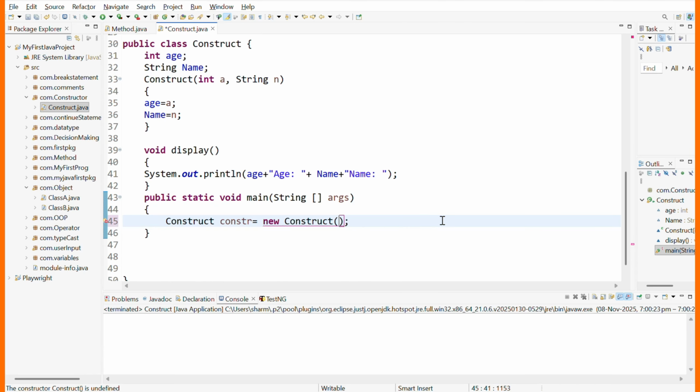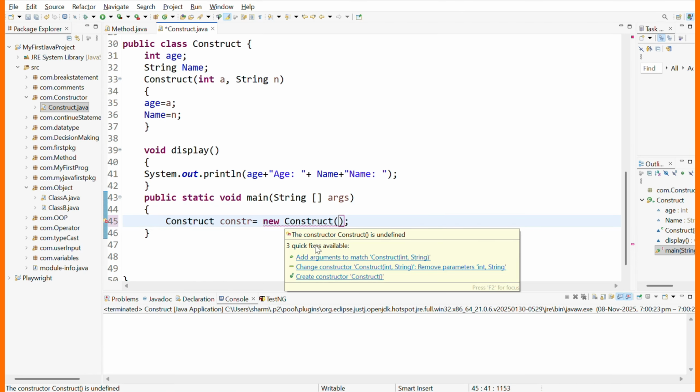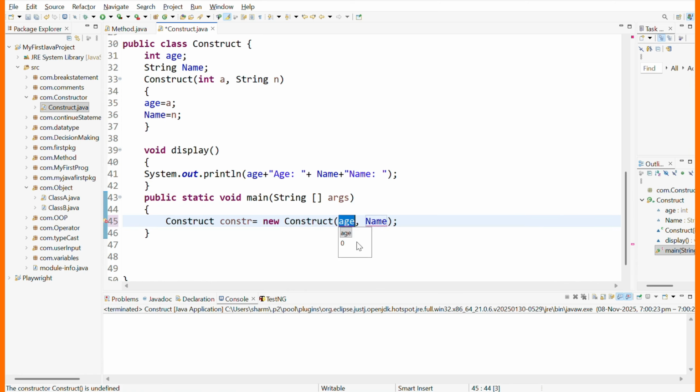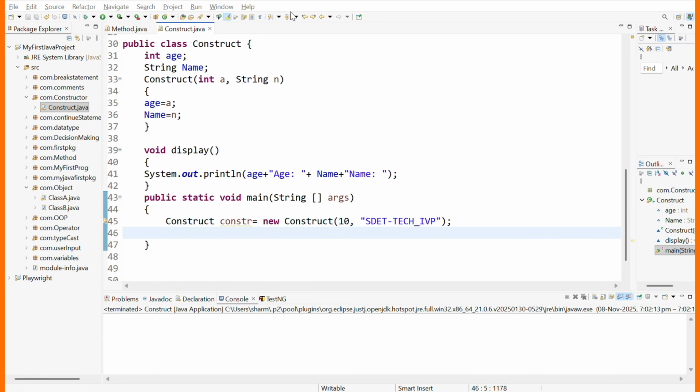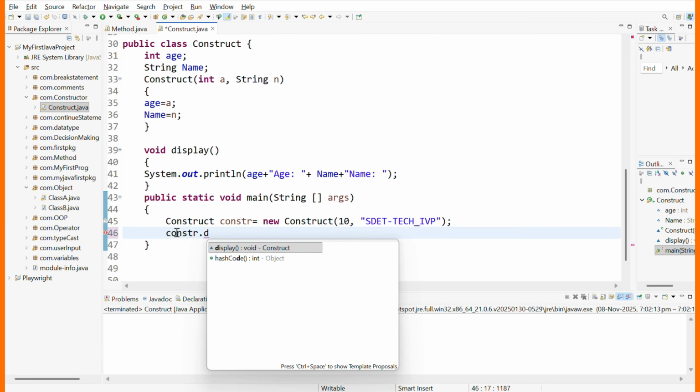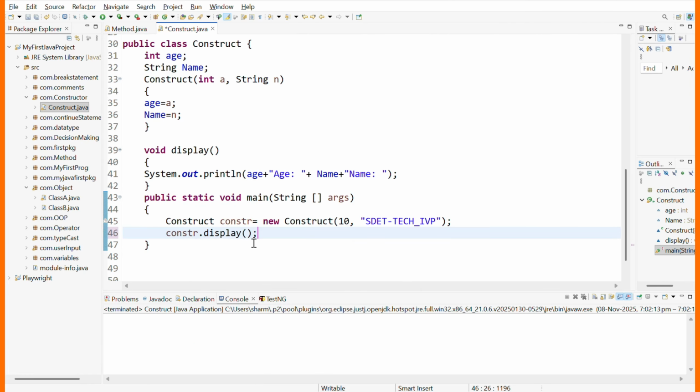remove this one, we can just create a constructor. Okay, we can just create a constructor. So what we can do here, let me call this method here. This one is our parameterized constructor. const.display, and let me execute this program. Then we are getting 10